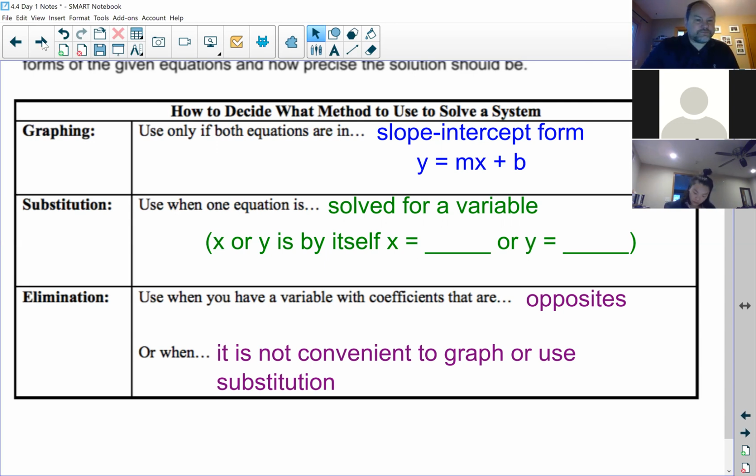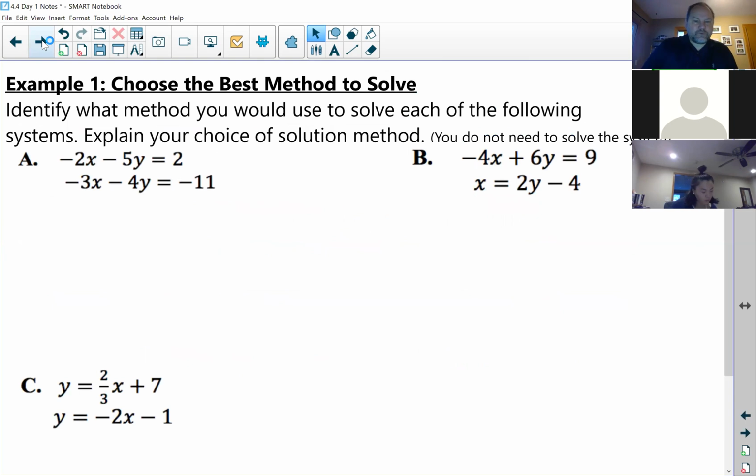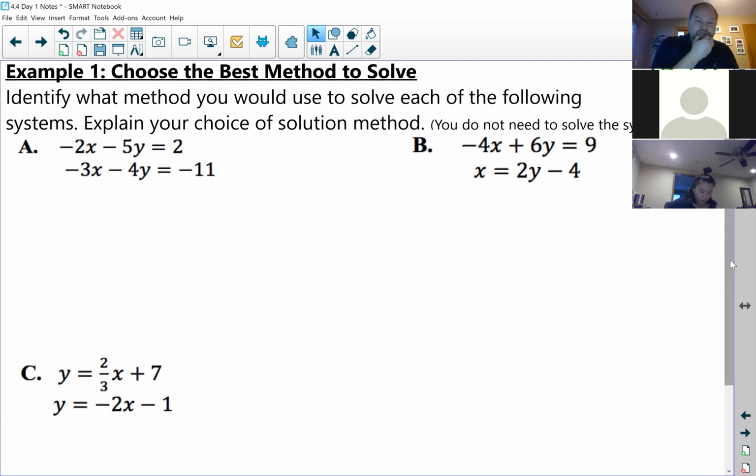All right. For example one, with the three systems, you're just going to decide which method you're going to use to solve the system. You're not actually going to solve it, just decide what method you would use. I'll put up a poll, and you can click on whichever method you think. So looking at system A,